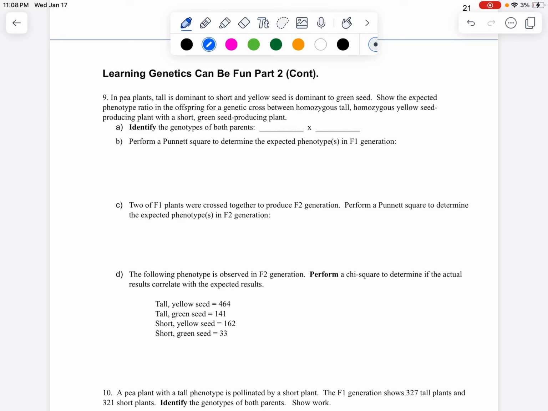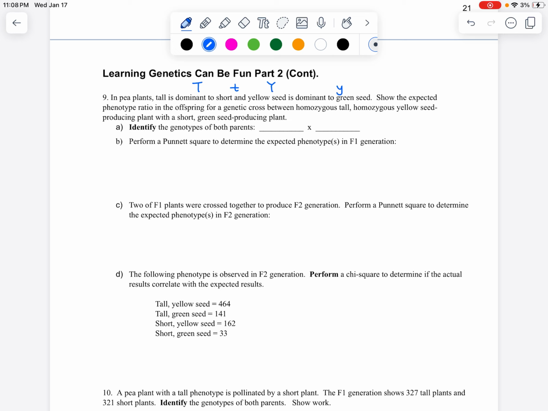This is for number 9. So in pea plants, tall is dominant to short, and yellow seeds is dominant to green seeds. Show the expected phenotype ratio in the offspring for a genetic cross between a homozygous tall, homozygous yellow seed producing plant